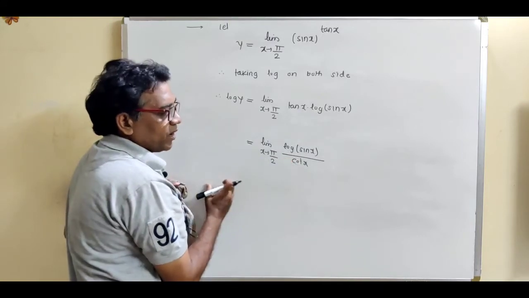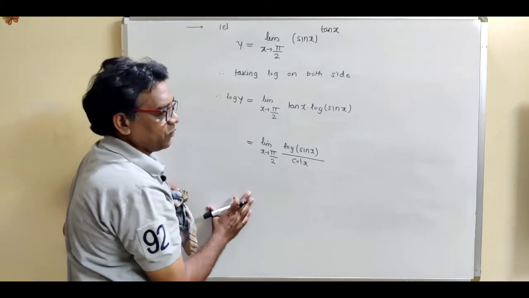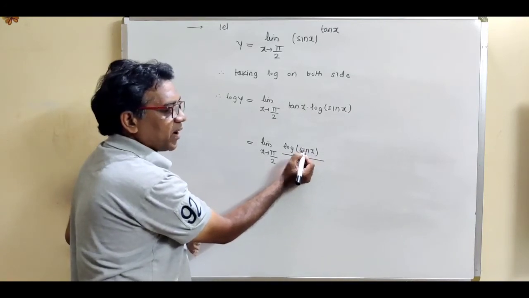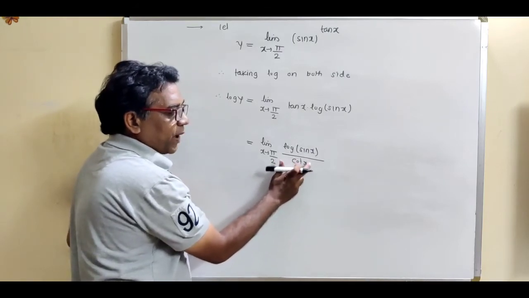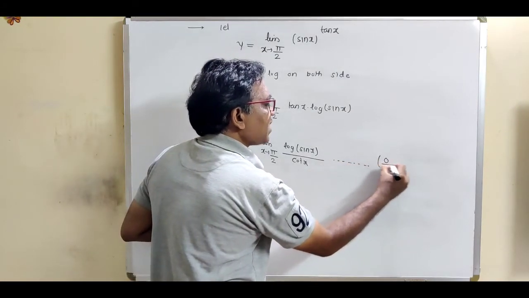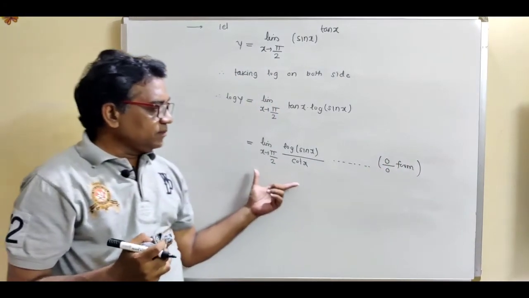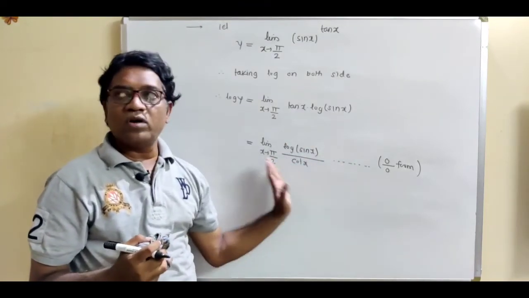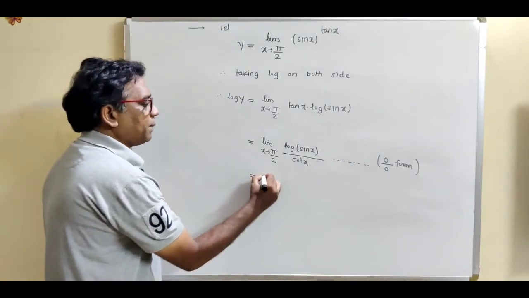Now solve this limit. Now this is the division form. Now identify whether it is 0 by 0 or infinity upon infinity form. Now if you put x equal to pi by 2 in numerator, sin 90 is 1. And what is log 1? It is 0. Cot pi by 2, put x equal to pi by 2 in denominator, cot pi by 2 is again 0. So write down, this is the standard 0 by 0 form. So we have seen if the limit form contains the division form, and if it is either 0 by 0 or infinity upon infinity, then we can apply the L'Hopital rule. So apply the L'Hopital rule.